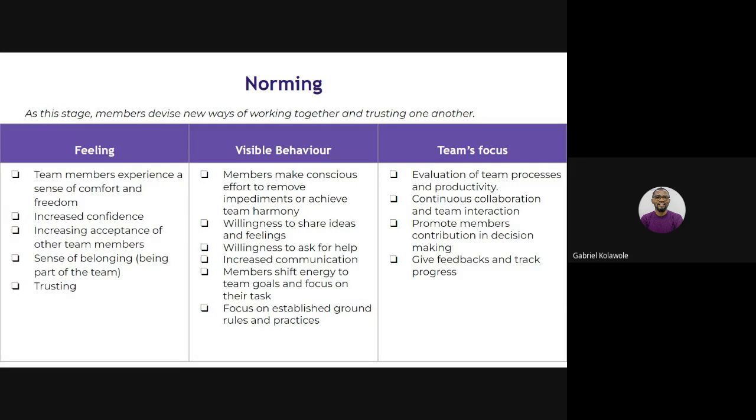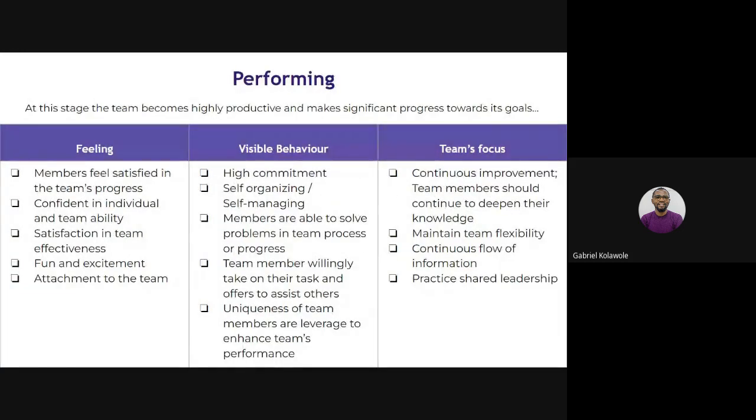Once we start doing that, hearing other people, facilitating, ensuring that everybody works together, it eventually leads to performance. So at the performing stage, people become highly productive and make significant progress towards their sprint goal. At this stage, we've spent two sprints, we've at least delivered something, but that is when the team is norming. At the end of the third sprint, fantastic, we achieve our sprint goal. We deliver the fourth sprint, we deliver again, fantastic, everybody will be happy.